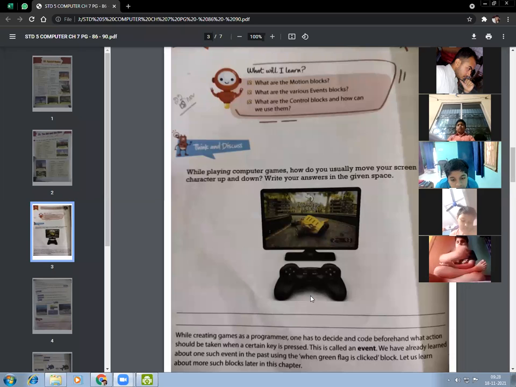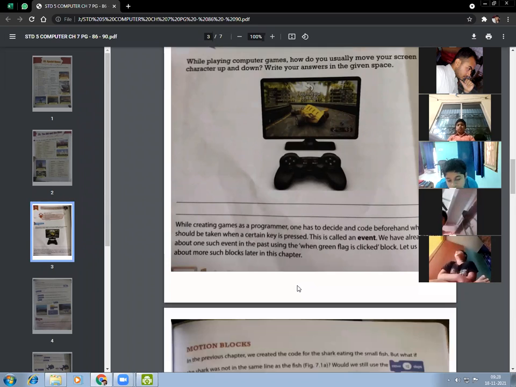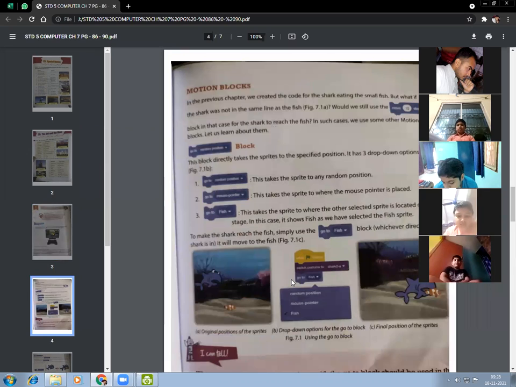This is called an event. We have already learned about one such event in the past, the when green flag is clicked block. Let us learn more about such blocks later in this chapter. The first one is the motion block. First let us open